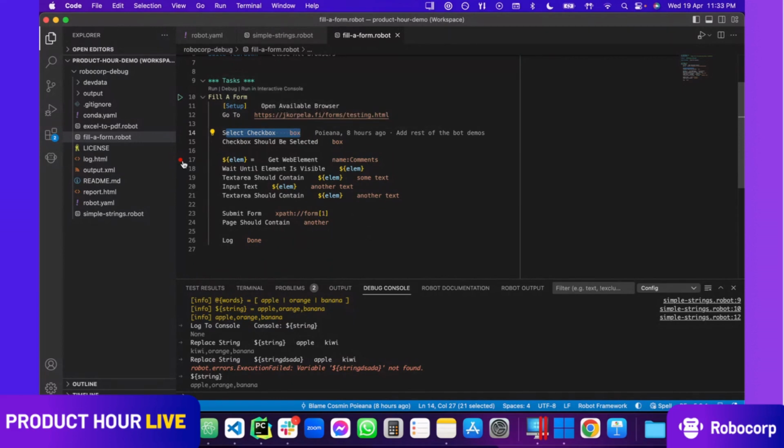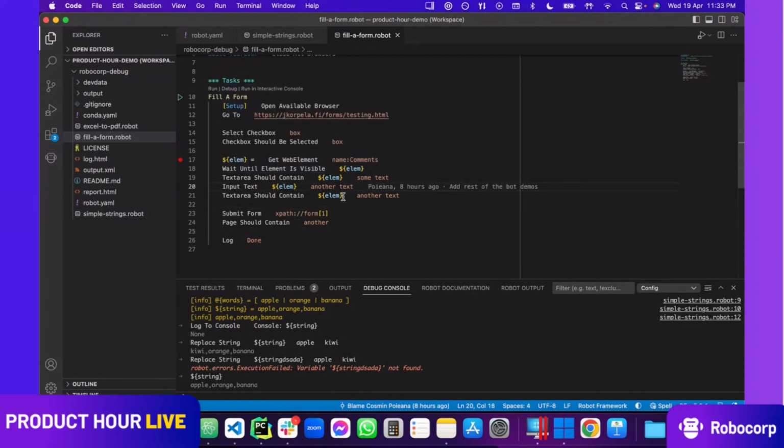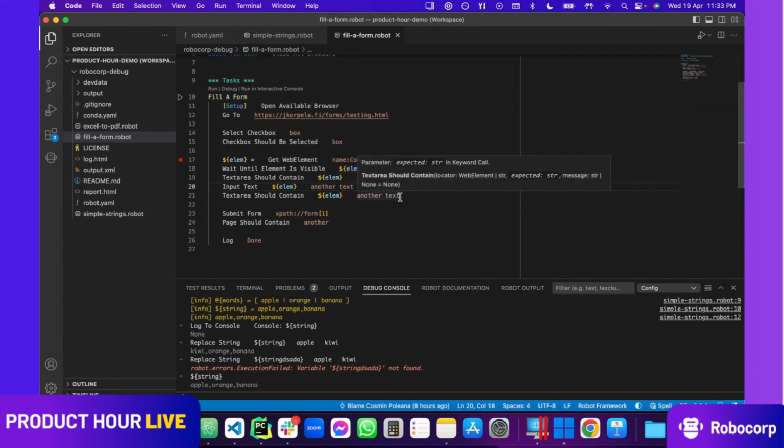I'll be just putting a breakpoint here, because this seems a little bit more complex. And I'll be honest with you, when I was developing this example, I really needed this breakpoint before writing this code over here. I haven't just written it from the top of my head and then it worked flawlessly. No, that will never happen. All the time you need to test things out, see how they are working, because they might not work as you expect from the beginning.